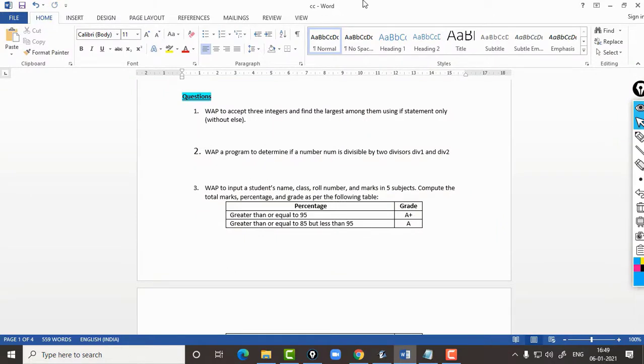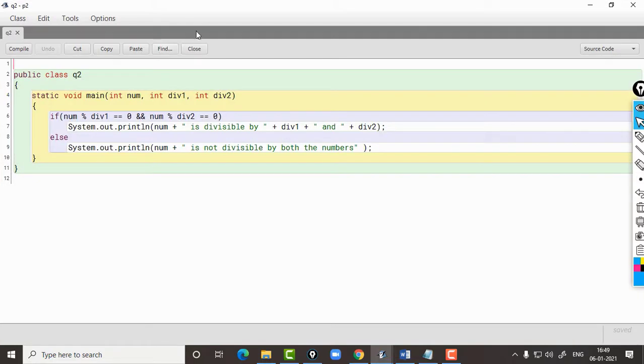Question number 2. Write a program to determine if a number num is divisible by 2 divisors, div1 and div2. So this is a very simple program. We have to check whether num is divisible by both div1 and div2.